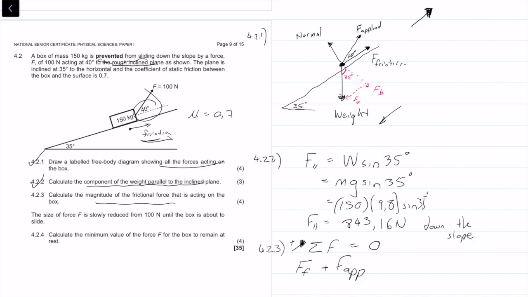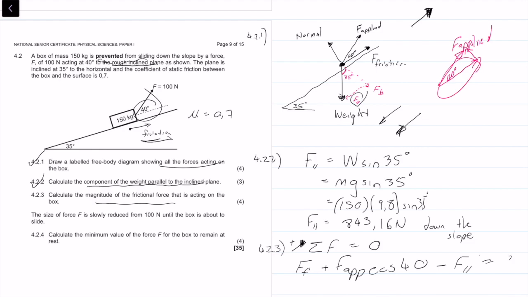So that would be our cos. The force applied can be broken down into a force like that and a force upwards, and I just want this component right here, with an angle of 40 degrees. So that would be cos 40, minus, the only other force acting in that downwards direction, our force parallel,